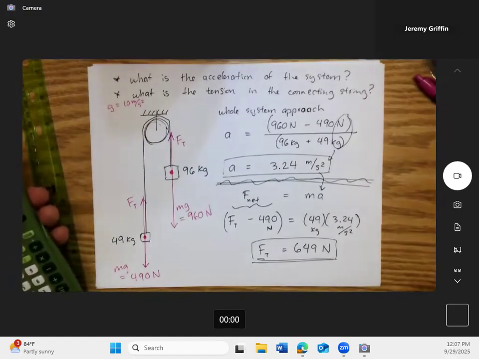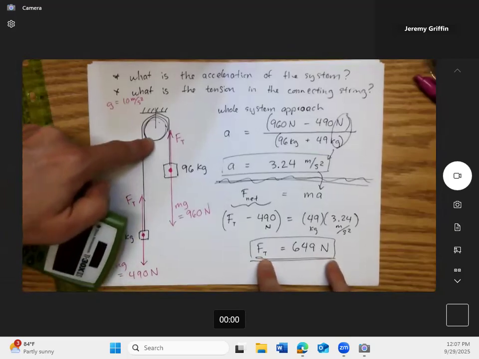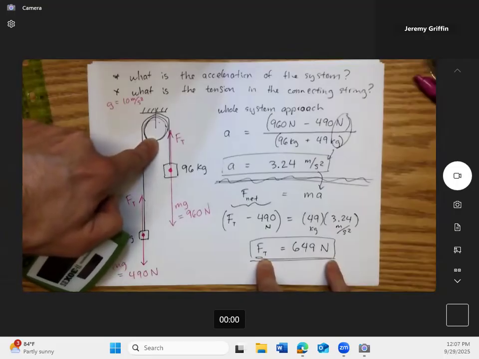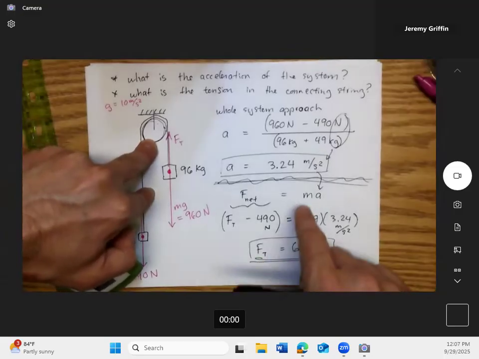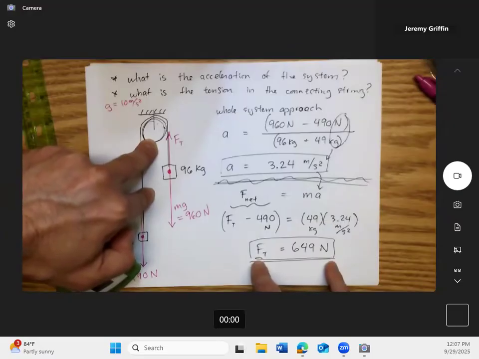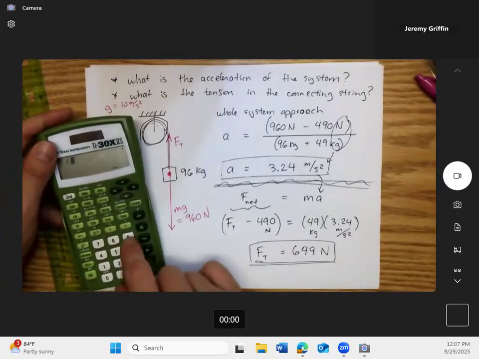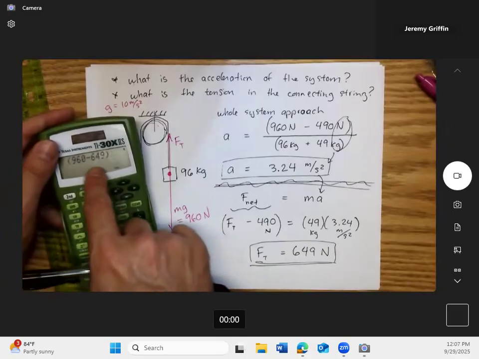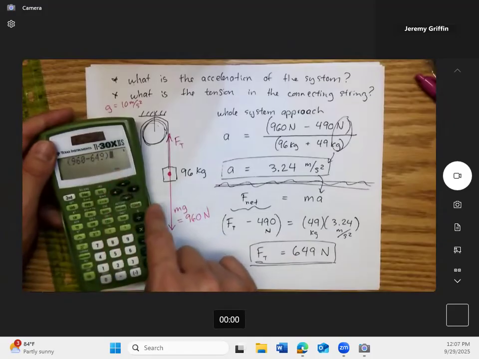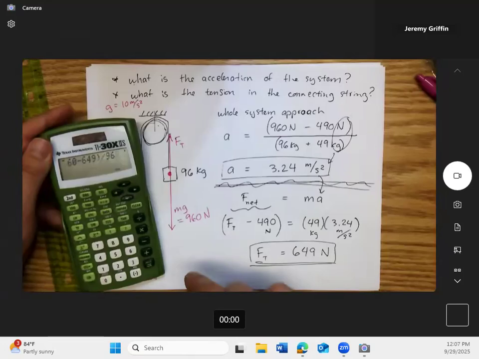Let me do something else with this. Let me take this tension. Isn't that also this tension as it applies to the other block? If I do Newton's second law of motion plugging in this now known tension, I should confirm that acceleration. I'll do this on my calculator screen. I'll take the net force on this heavy block, 960 newtons down, subtract off the 649 pulling back the other way. There's the net force on this block. Then divide that net force by its own mass, 96 kilograms. When I hit enter, I better get a number that's really close to what?